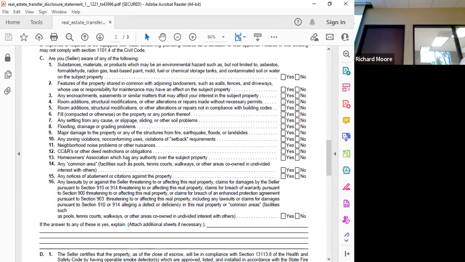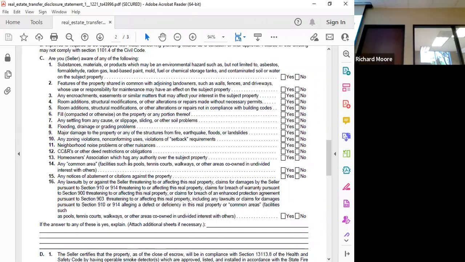Do all sellers know they have CC&Rs? Well, the seller should know. I think that sometimes they're just not aware because they think, I'm not paying an HOA fee, so I don't have CC&Rs. Just because there are CC&Rs doesn't mean that you're paying monthly dues, because there is no established management company. So they may not be aware. It's always on the prelim. And who should be reading the prelim besides the seller? You.